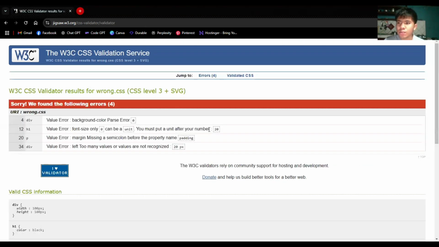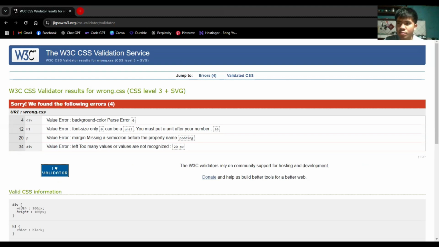Then as you can see, in my wrong CSS, it shows there are many errors that the W3C found. Here there is an error for the background color, which has something missing.